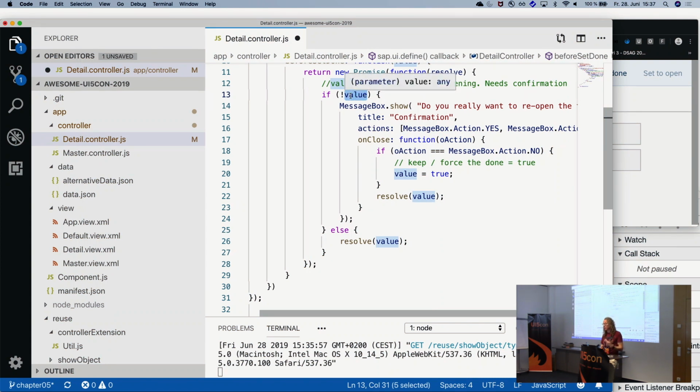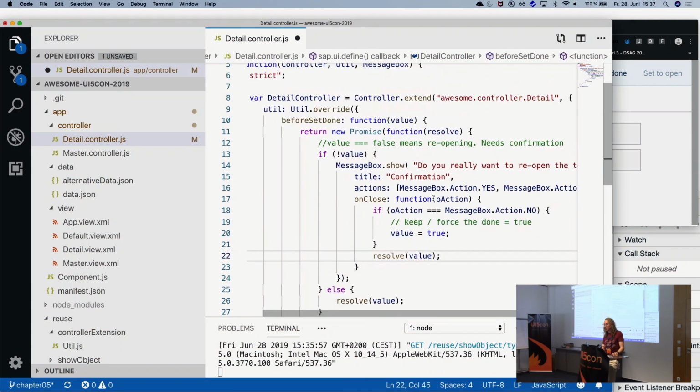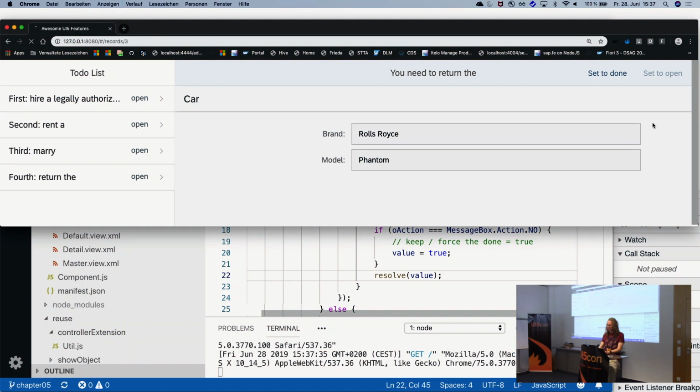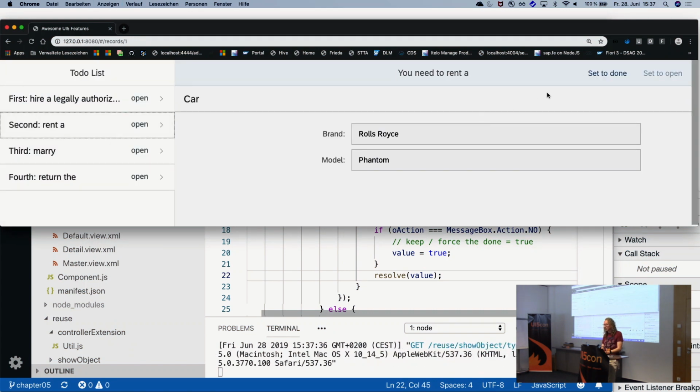So if it's false, only then we will create the message box to allow the user to influence this decision, or we just pass the true value through, right? So this could also be hardwired to true and false. Again, this is a very, very simple example, and it should just inspire you to do a lot of really great stuff here, right? So now after I uncommented, save it, reload, and what you've already seen,